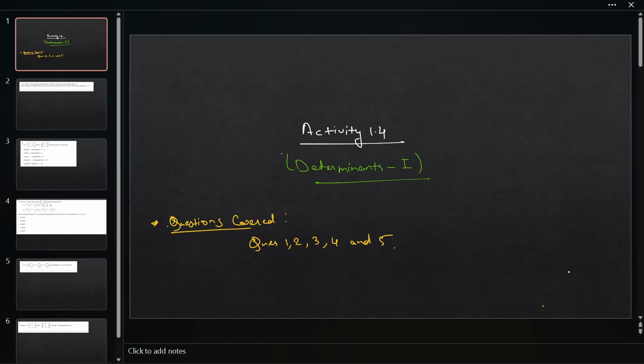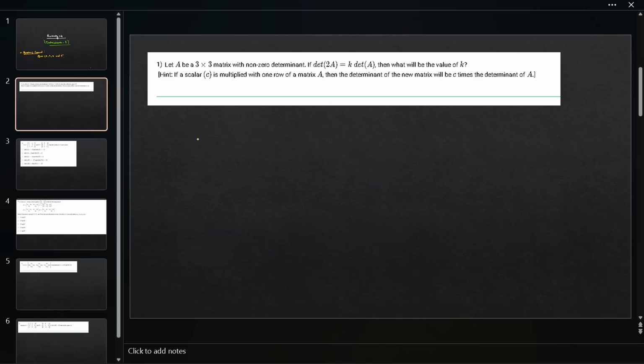In this video, we'll be starting activity 1.4 that is based on determinants. So we'll be covering question 1, 2, 3, 4 and 5. So let's get started. Here we have question 1 with us. It is saying that A is a 3 cross 3 matrix with a non-zero determinant. If the determinant of 2A is equal to K times determinant of A, then what would be the value of